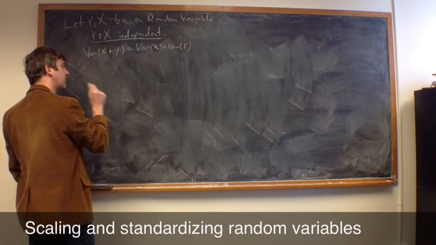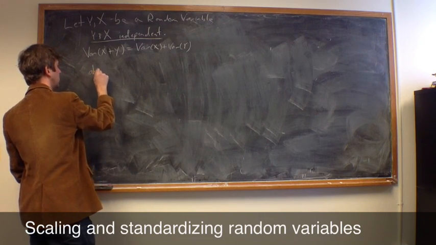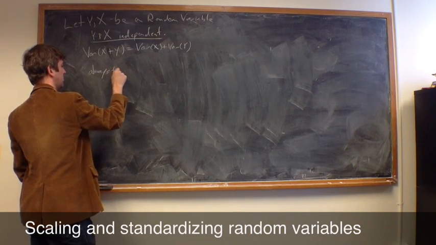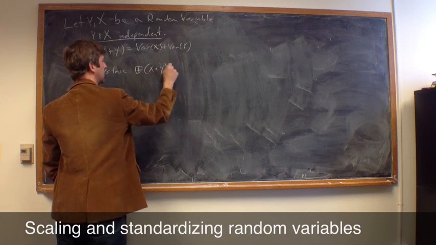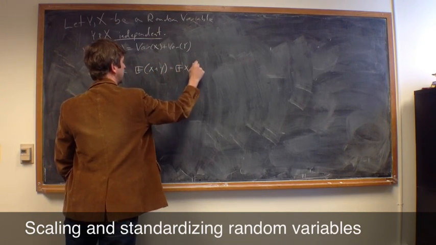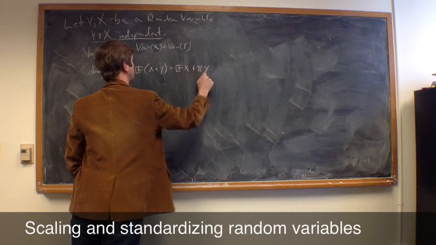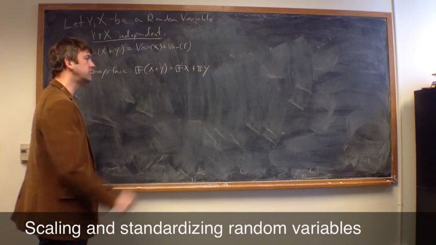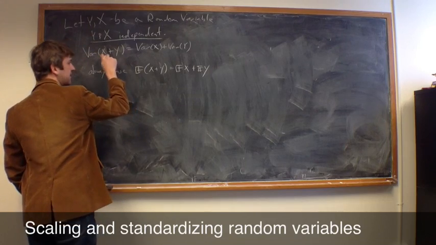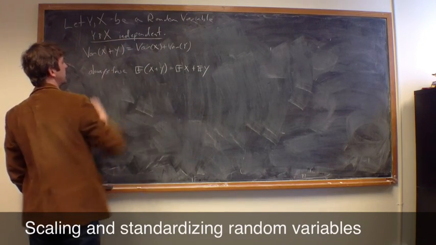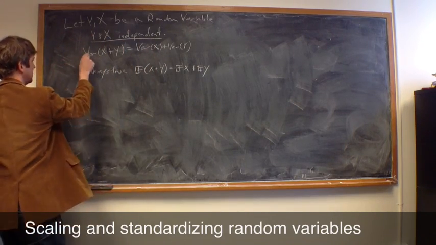Now, in general, it's always true that the expectation of x plus y is the expectation of x plus the expectation of y. So it's always true that the means, the expected values, add, but the fact that the variance adds only happens when they're independent. And to see this,